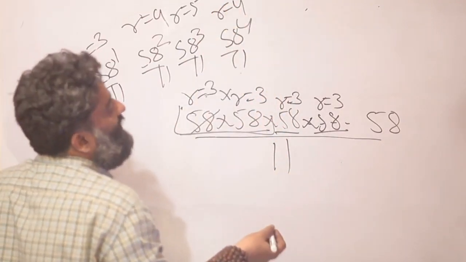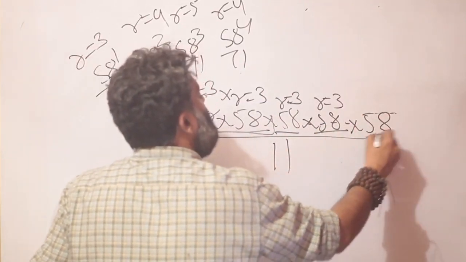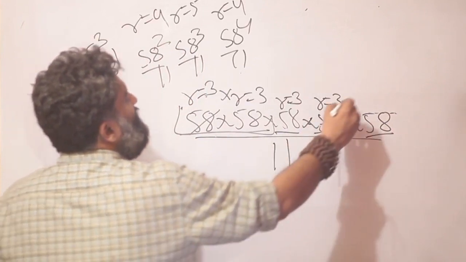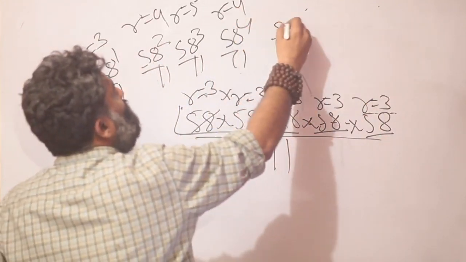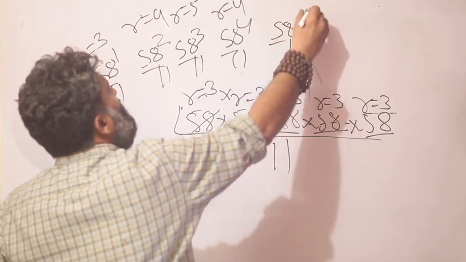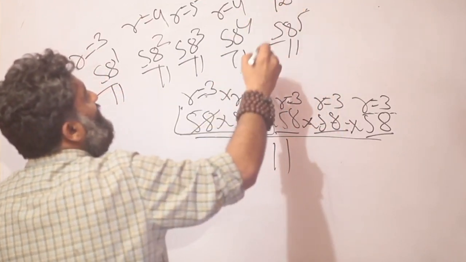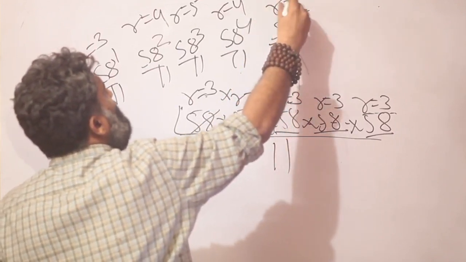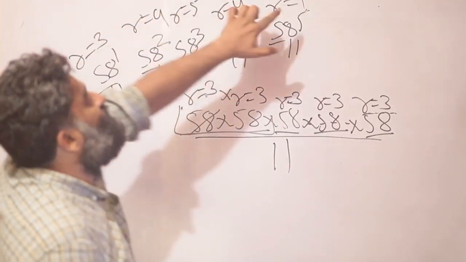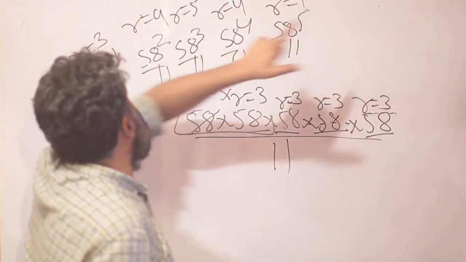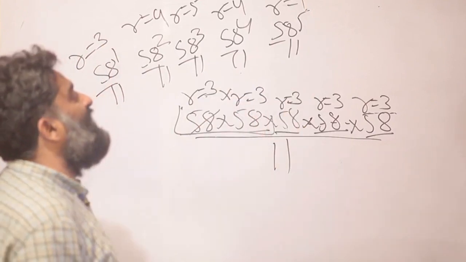Still no luck, but if you think of just one more 58, a little bit of extra work, you have another remainder of 3. We've already worked out 4. When you go to 58 raised to 5, 4 into 3 will give you 12, which divided by 11, or subtracting 11, will give you a remainder of 1. Once you reach 1, you know the next one is once again going to be a remainder of 3. So you don't need to work this cycle out.